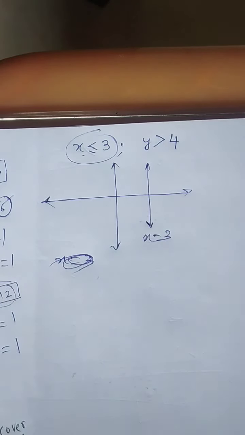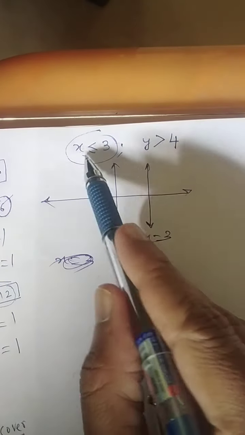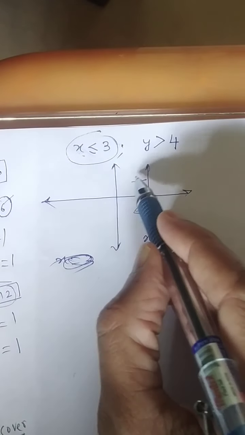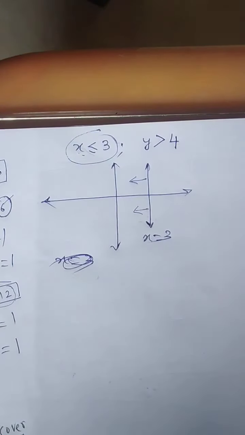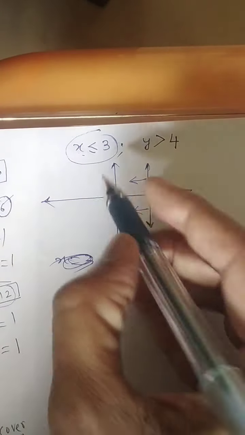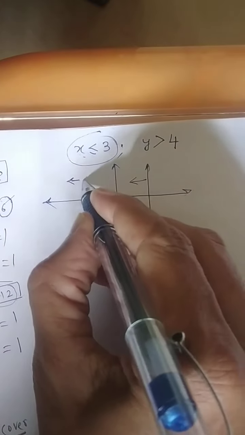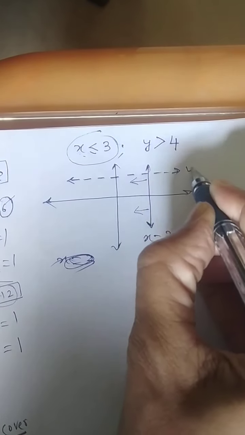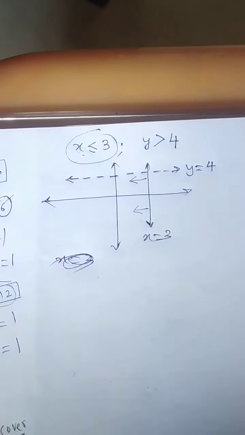Once one of the lines is over, just try to think about shading. X is this side, left hand side will come or right hand side will come. Okay, solution will be on the left hand side. Do not shade. Whenever two equations are given, don't shade. Y will be equal to 4. But this line is to be plotted dotted. You are knowing why I am going to plot the graph dotted. Y will be equal to 4.